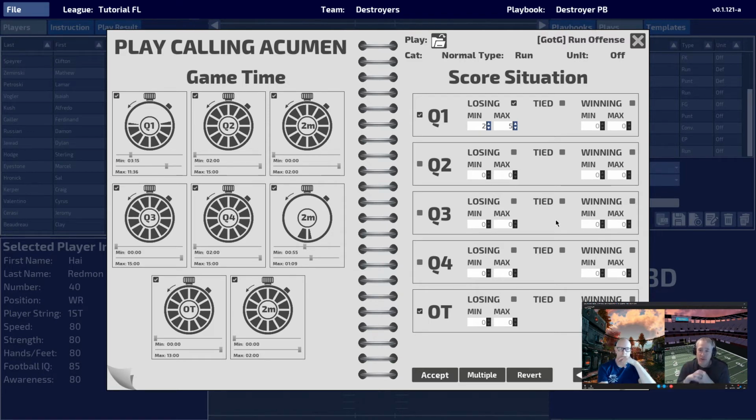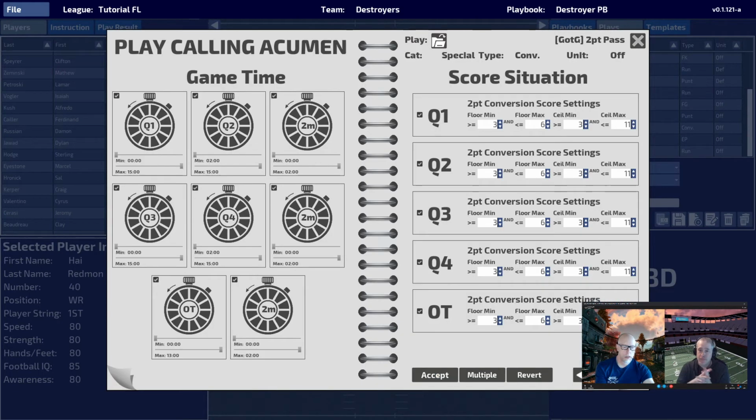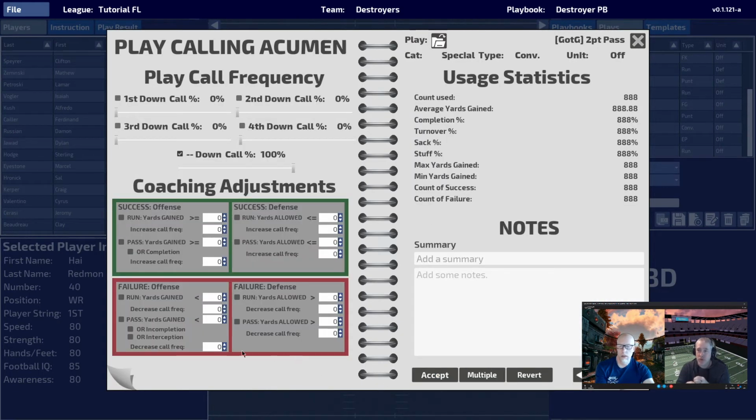And I'm going to do a very detailed strategy on how you can really manipulate the PCA to the best of your ability, because there are some tricks of the trade, such as creating multiple plays, creating one-off specific plays, and turning everything else off so that you know that play is going to get called in that specific situation. Then on the final page, again I have to wait for it to update,